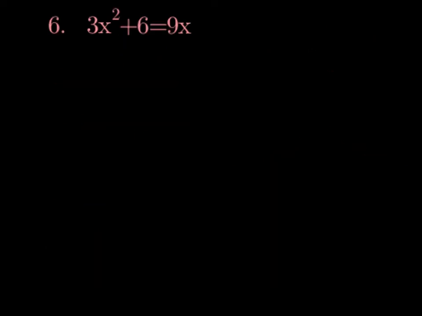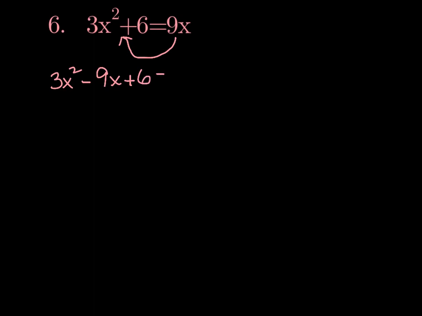Now, just to give you an alternative, and some people prefer to do this, some people wouldn't necessarily think to take out that 3. So you can write this down, or you can just watch it and see what you prefer. Now, I would start it the same way. So I need to get this in standard form, so I am going to move that 9x over to the left. So that's going to give me, just like on the last slide, 3x squared minus 9x plus 6 equals